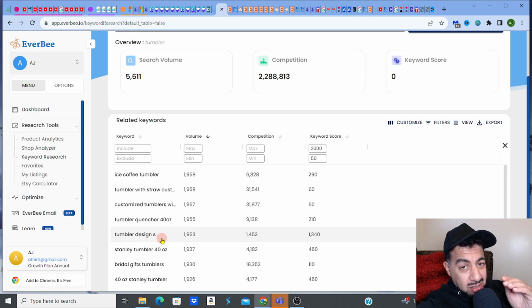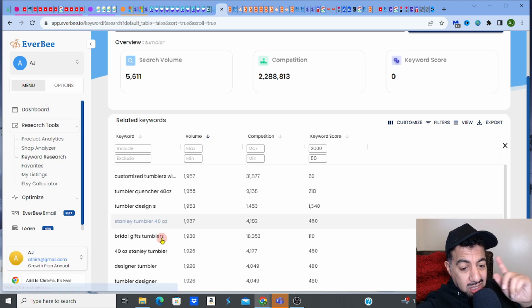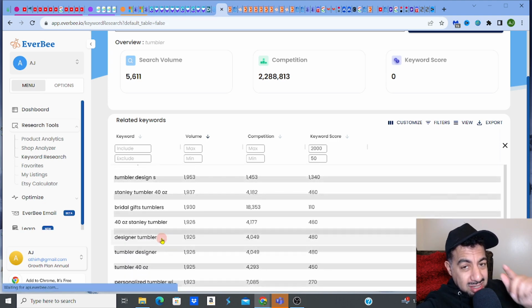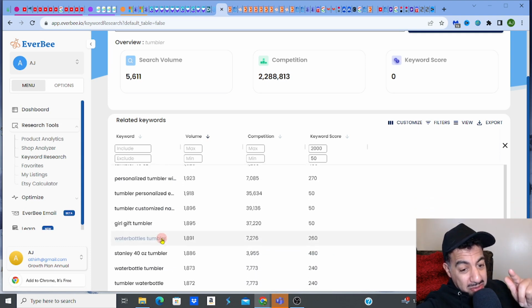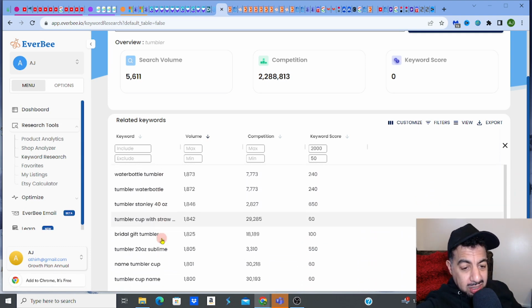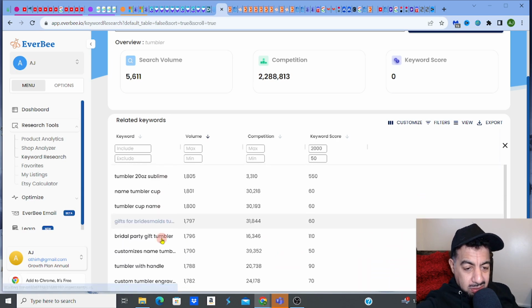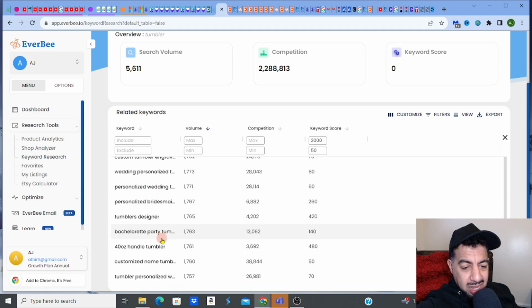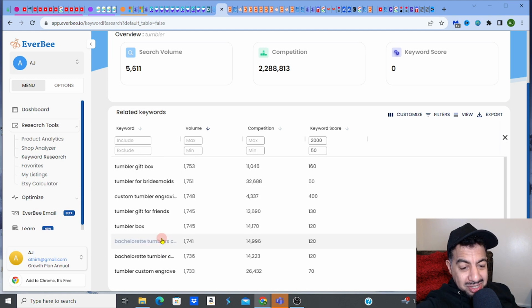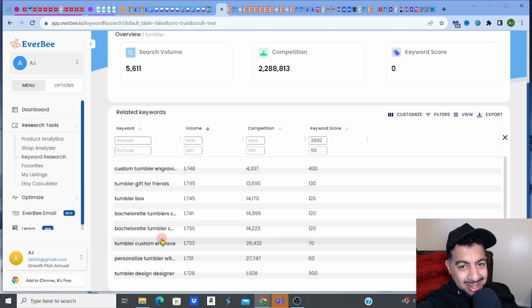When you're scrolling down and you see that keyword comes in different forms, like friends Tumblr, friends, right? In different ways, but the keyword score is still decent. That's the big sign. That's a green light right there. Green light telling you, get into this before everybody jumps on this. Okay, look at that. Bridal Tumblr. Okay. So far from my analysis, I can see maybe, and I do know this already because I know this, friends